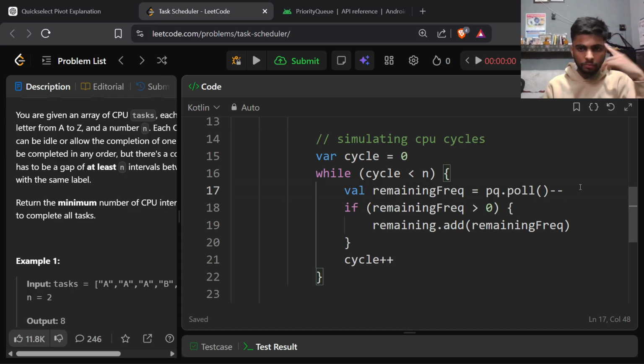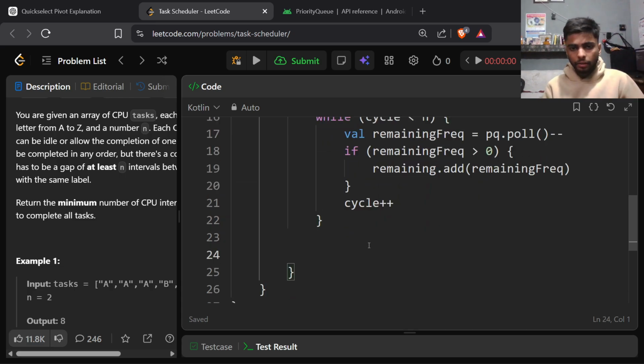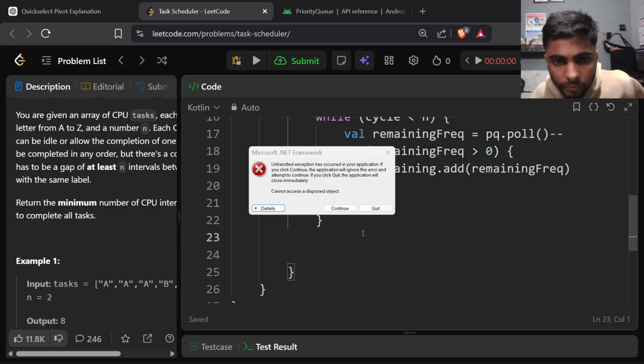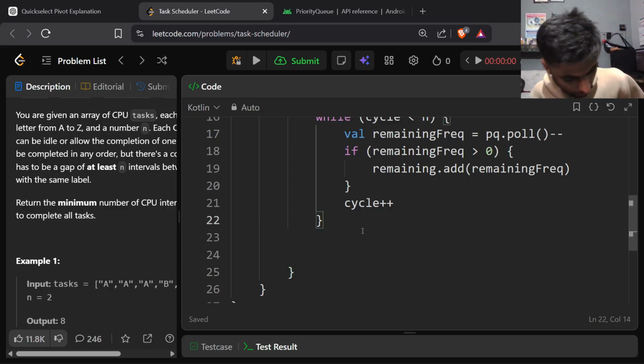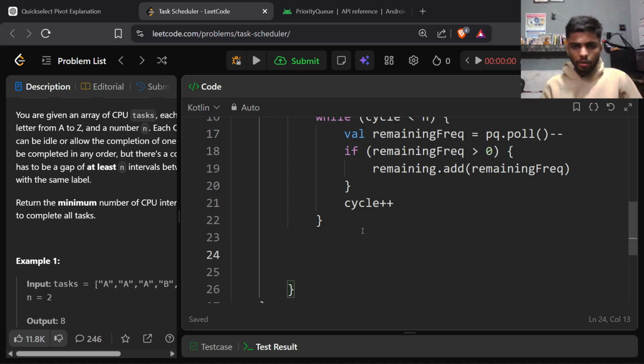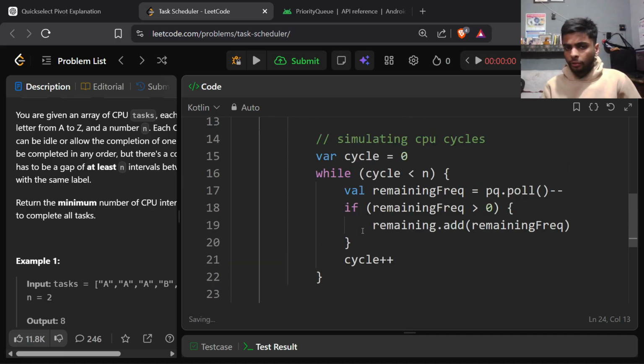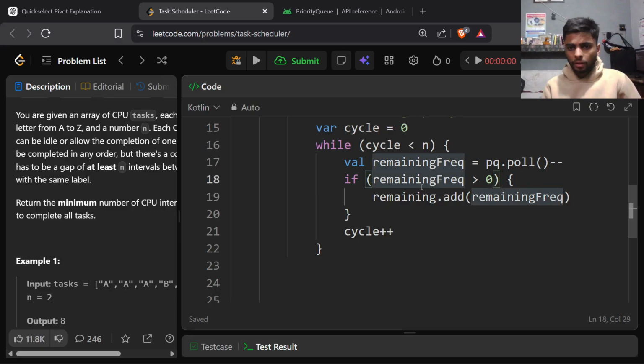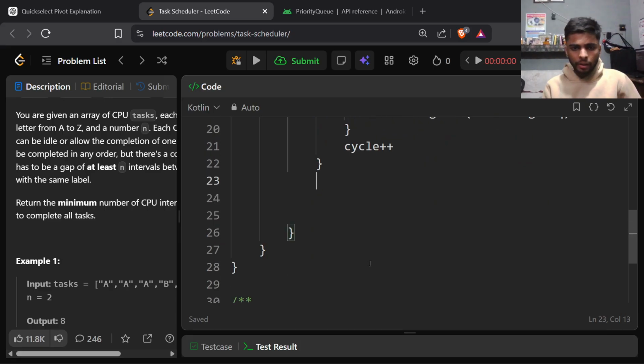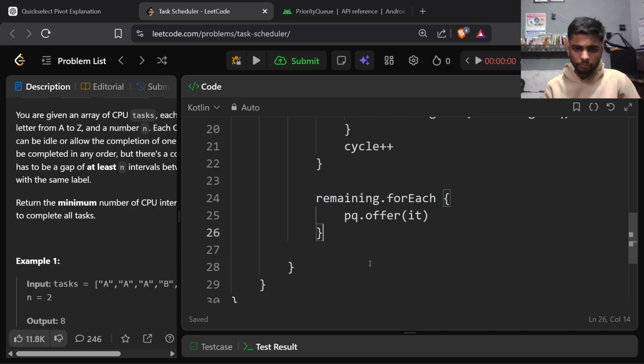Cycle plus plus, fine. And here, outside of this inner while loop, I will add the remaining tasks back into my priority queue. So remaining for each, pq dot it. Okay,